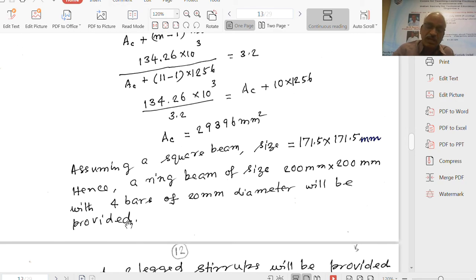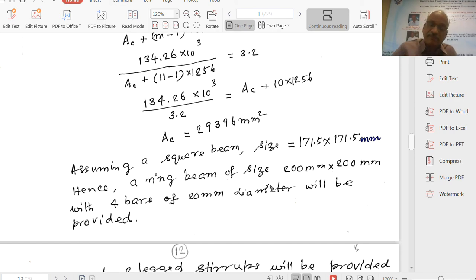So that is about the reinforcement for the ring beam. The ring beam is designed for hoop tension. For hoop tension, steel is T divided by sigma ST, which we have already done. Now, based on the allowable tensile stress, you find out the area of concrete required, and from that you find out the size of the ring beam.